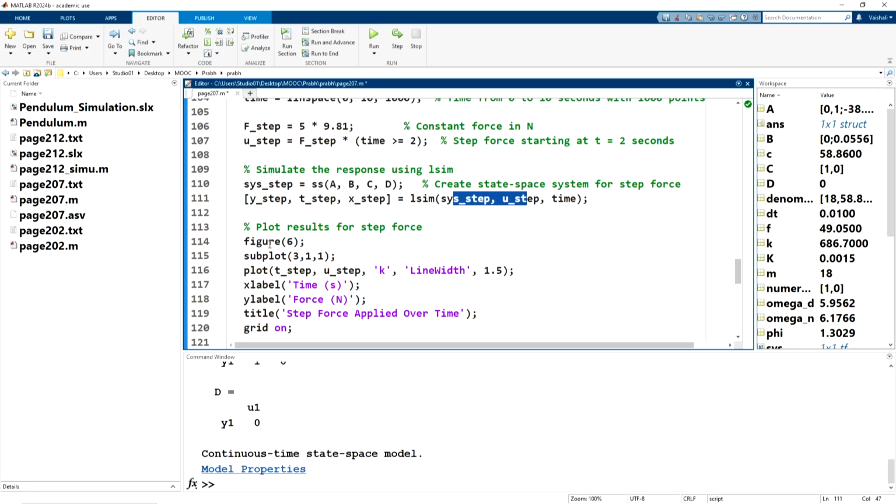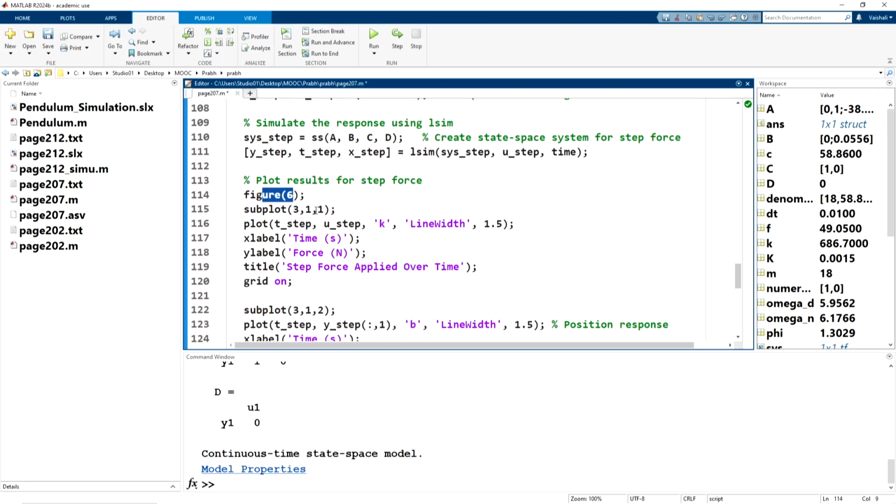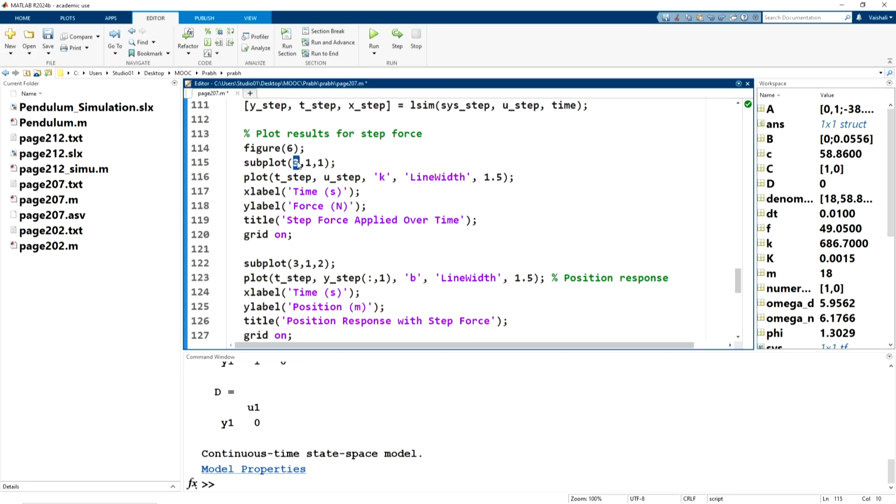And this I have considered as figure 6. Here I have considered three rows and one column, and this is the first figure. In the first figure I am plotting t comma u. So on the x axis I have time, on the y axis I have input u to check whether I'm getting the intended input or not.